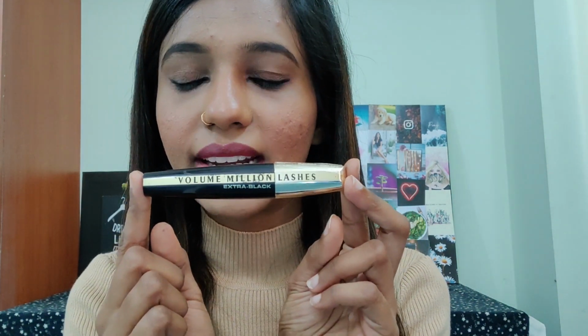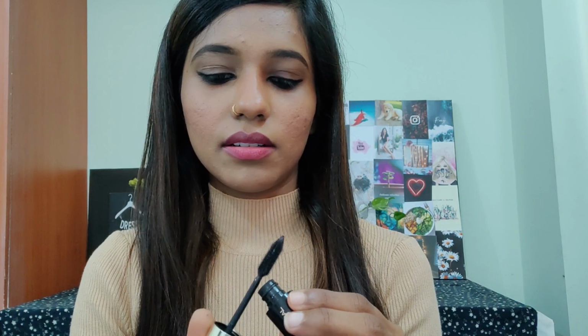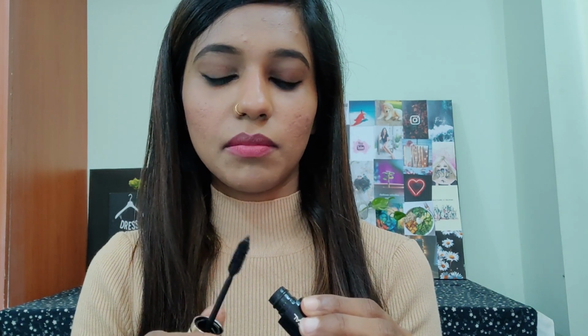Now that we have drawn our wing eyeliner, I'll be topping it with some mascara. For mascara today, I'm using L'Oreal Paris Volume Million Lashes. This is extremely black. I'll also be taking off the excess product by